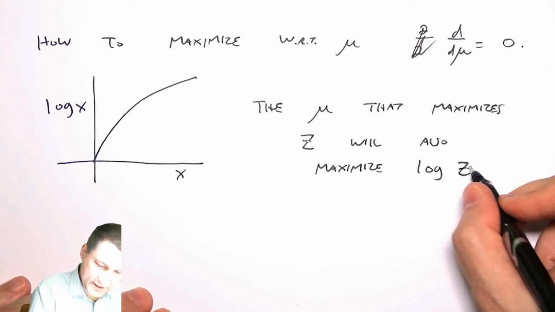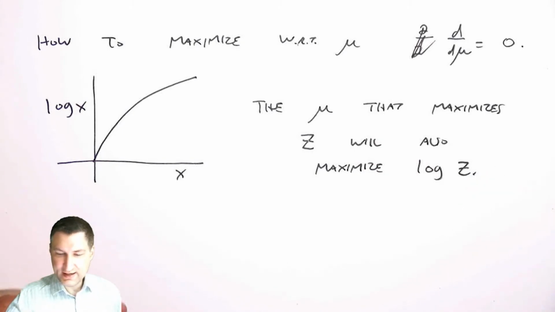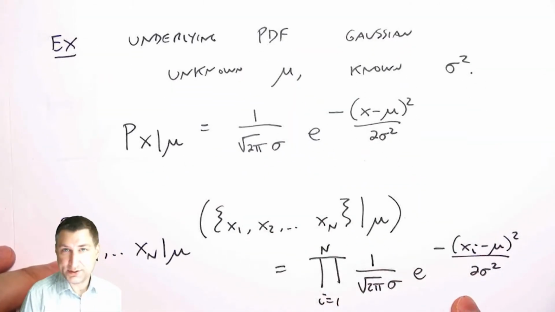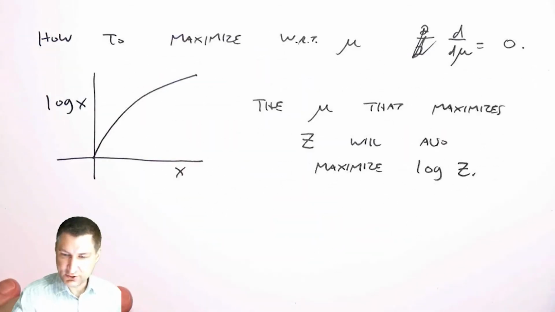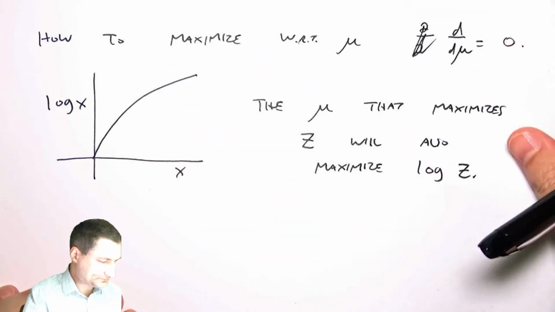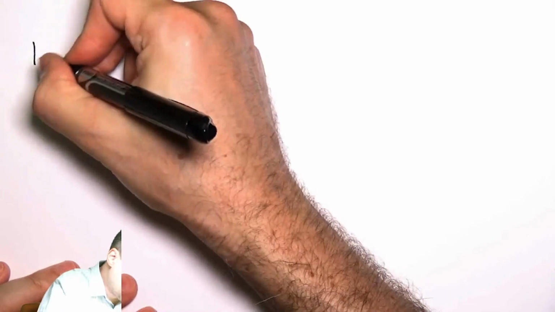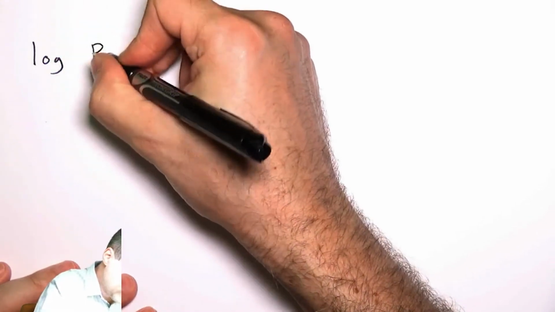So the idea here is that instead of maximizing this nasty function, what I do is I take the log of it and maximize that. So this is called the log likelihood. So the log of this probability,